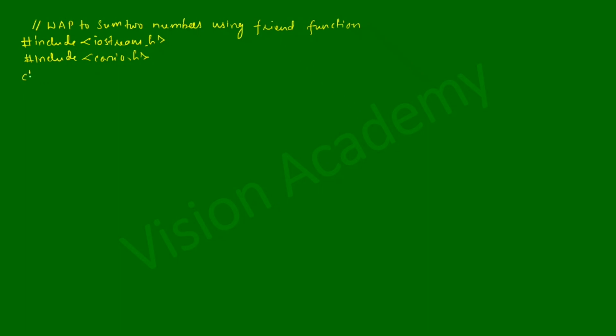Now I'm going to define a class with the keyword class, and now I'm going to write the class name as friends. Here friends is not a keyword, friend is a keyword, so a keyword should not be used as an identifier name, hence I have written friends. Next, curly open brace, and here in a private section I am going to declare two variables, int a, b and semicolon. In a public section I am going to define one user defined function, public colon void get data,